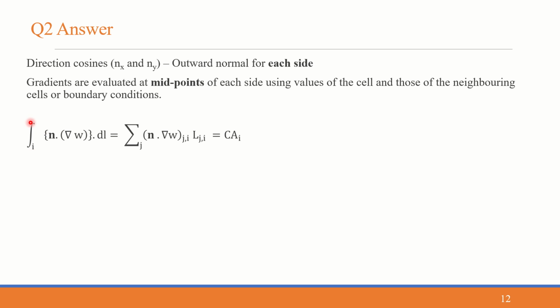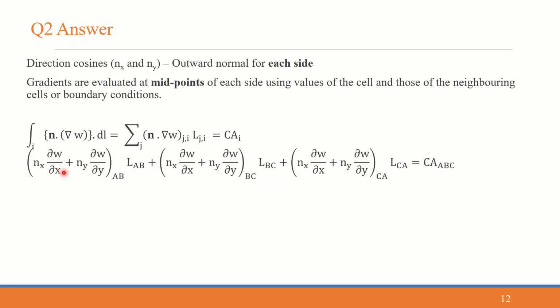We are integrating over each cell n dot del w dl. Here n is the direction cosine, del w is the velocity gradient, and dl is the length. So for our case it becomes the summation over each cell of n dot del w times L equal to C times A, where C is some constant and A is the area of the cell. For each triangle we are solving nx into dou w by dou x plus ny into dou w by dou y over AB, into the length of side AB,